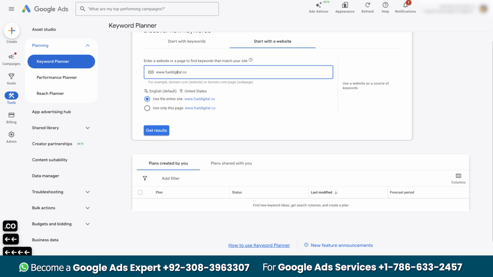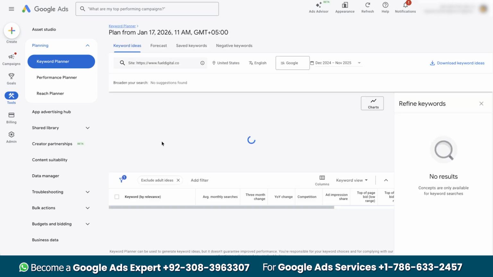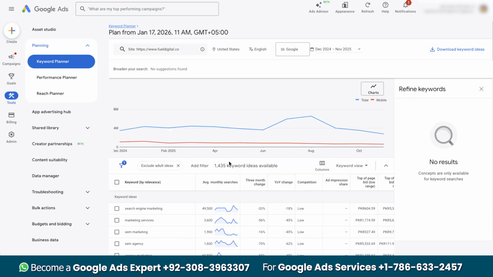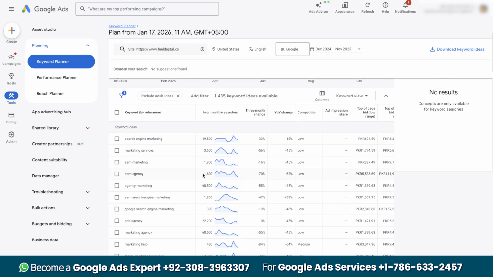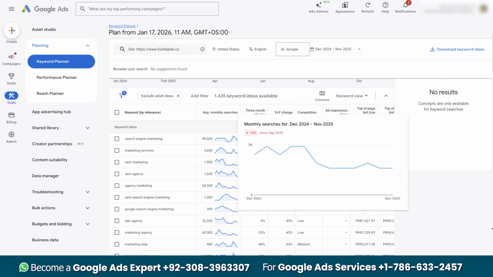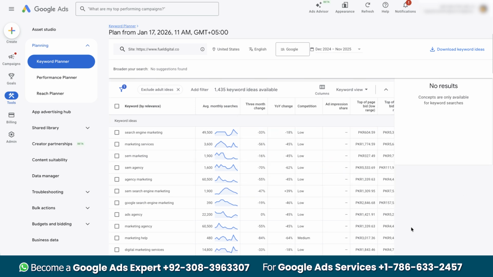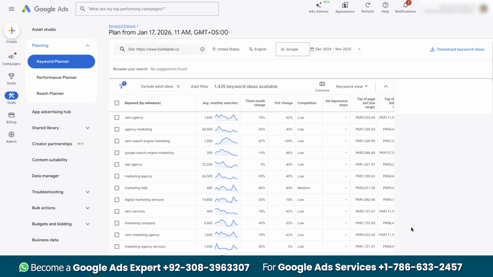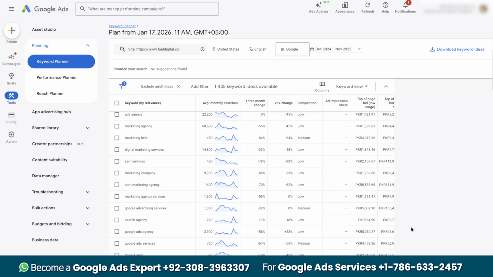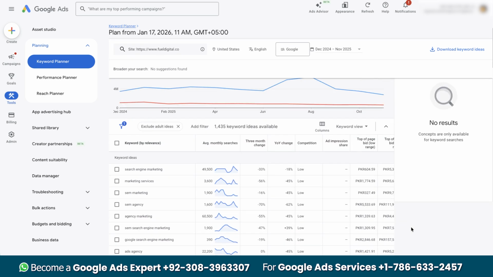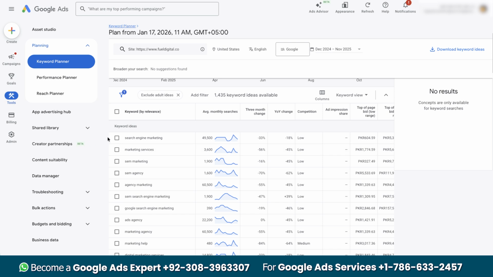So go find the landing page from your biggest competitor that you are trying to outbid. Copy that URL, paste it in the box and click get results. Google will now generate a keyword list based on your competitor's page. You are essentially getting a peek at their ad strategy blueprint. You can see the terms they are likely bidding on and even better, find related keywords that they might have completely missed. It's a fantastic way to brainstorm and see what's already profitable for the top players in your space.